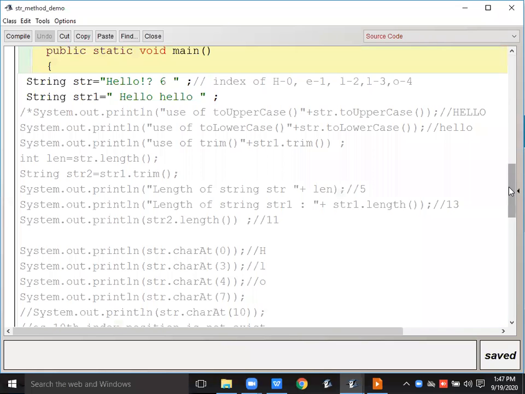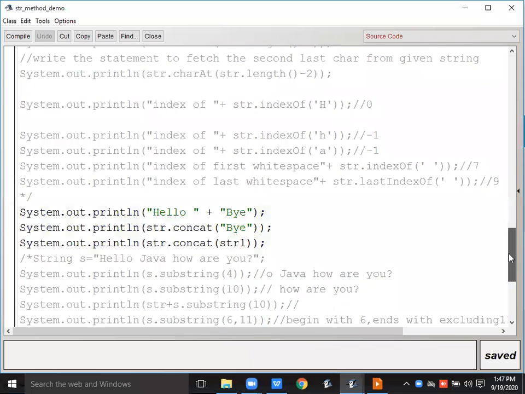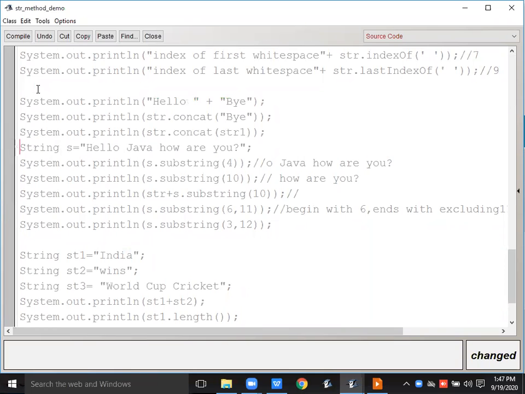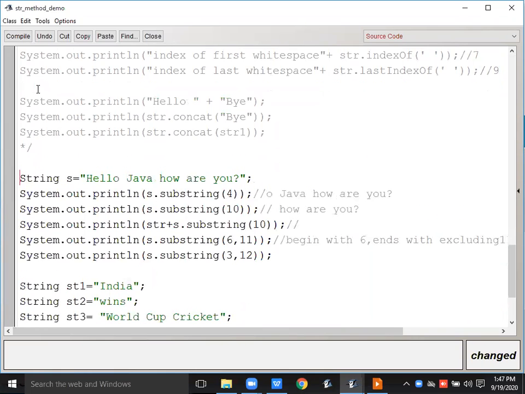Substring method I am going to show you. This concat I'm making comment. Yes. See that. Write it, everyone.